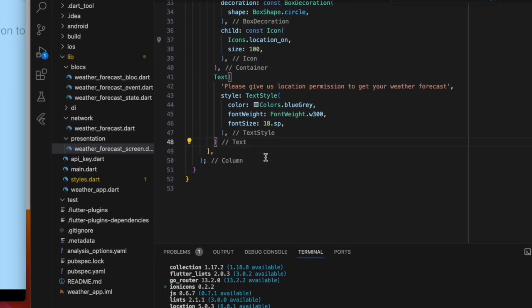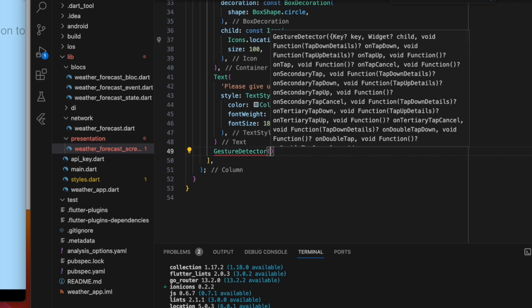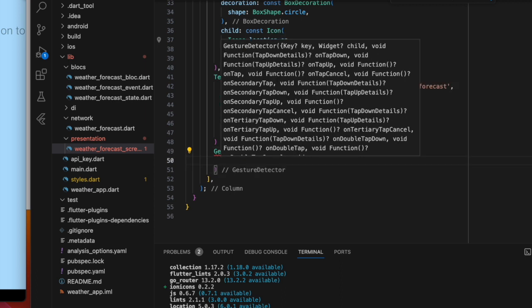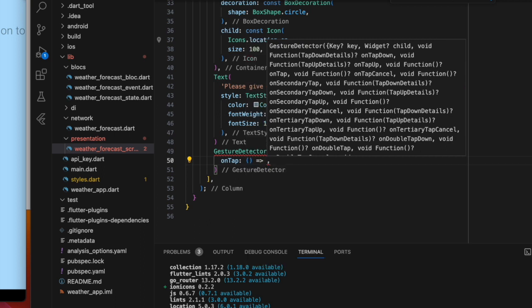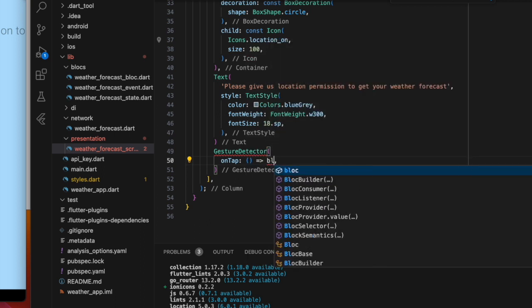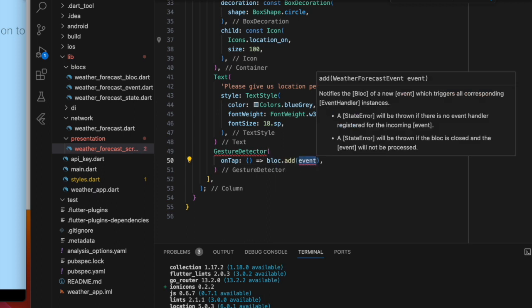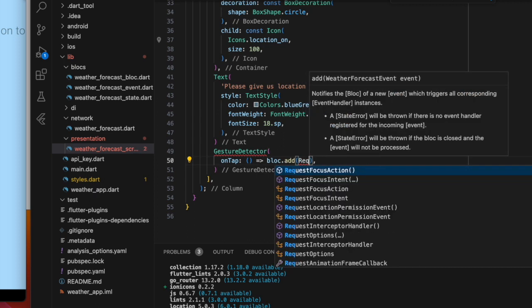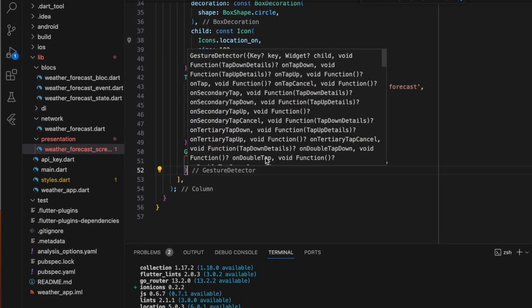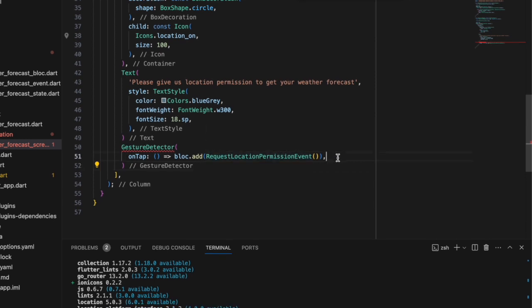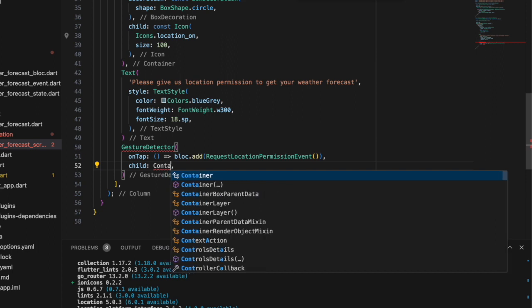The last widget in this column is going to be some widget to listen to actions. There are many ways to implement it in Flutter. I will just use gesture detector for whatever reason. It has onTap property, and here I'm going to use bloc first time. So we're going to add request location permission event. Child is going to be a